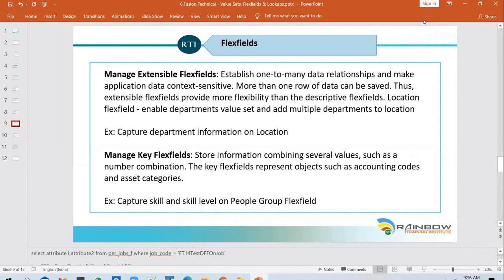How many days of training is it? It's a techno-functional training. You get 40 hours of technical training and 20 hours of functional training. And this is, I believe, a fifth or sixth class.